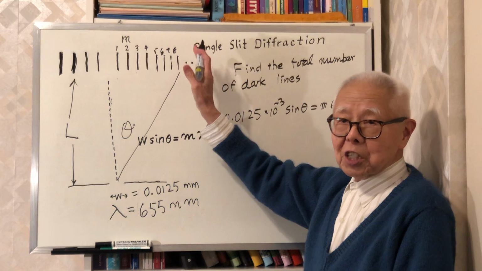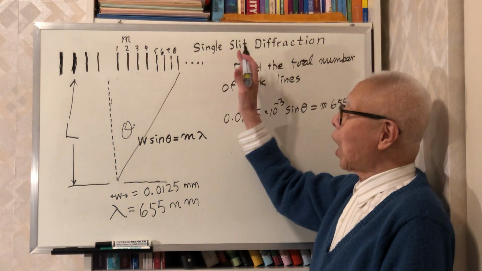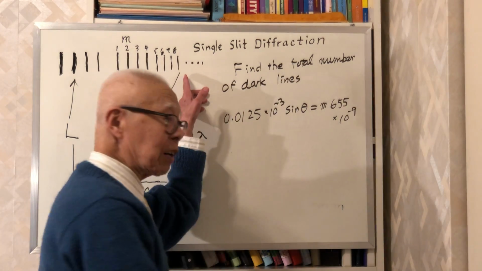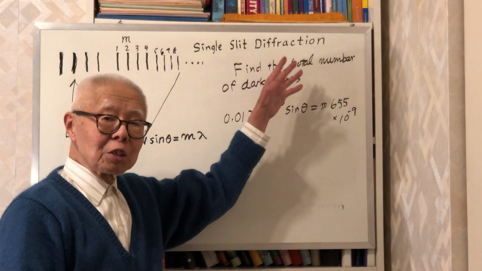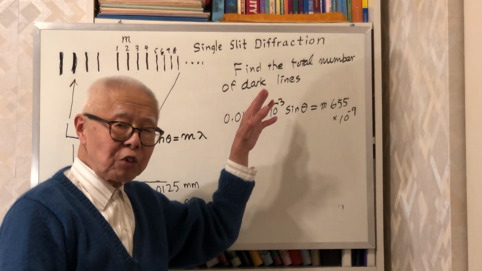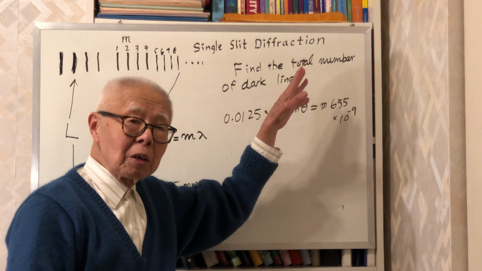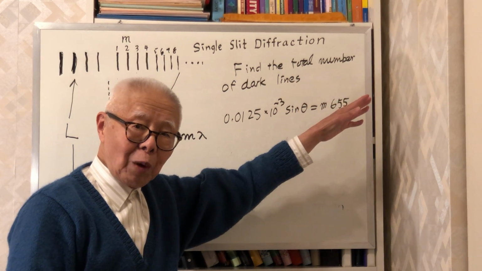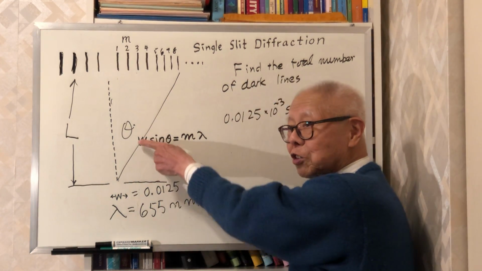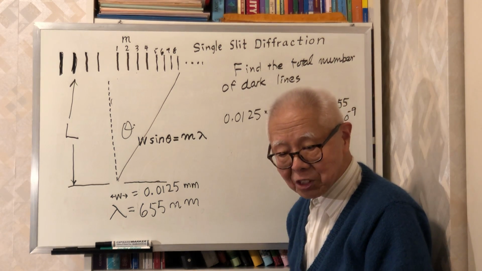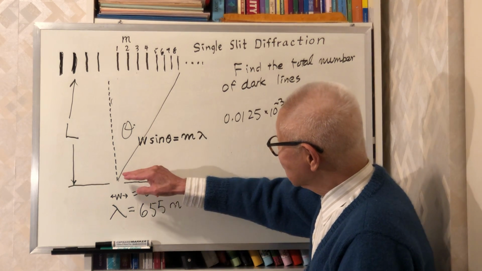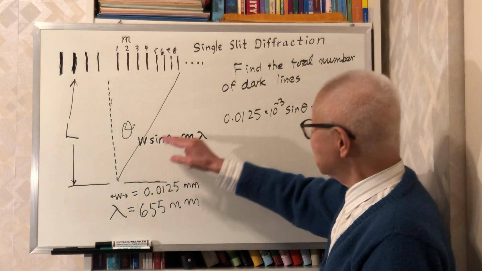All I know is this, the dark fringes go on very far away to the right hand side. When you count the dark fringes very far away on the right hand side, the angle theta becomes larger and larger, right? So finally, the theta will be like this, and here,